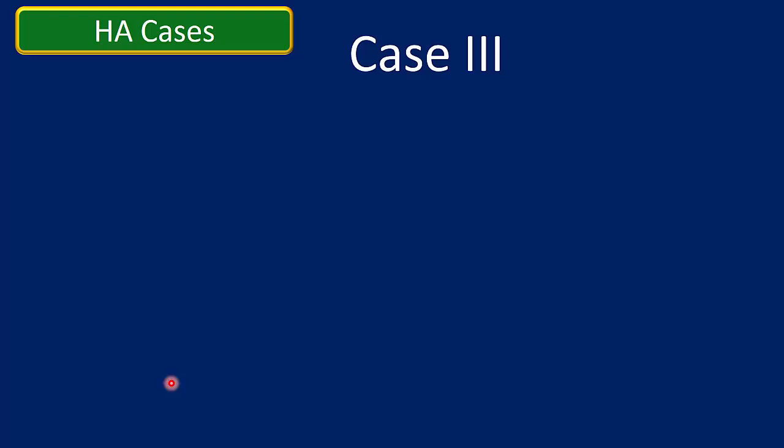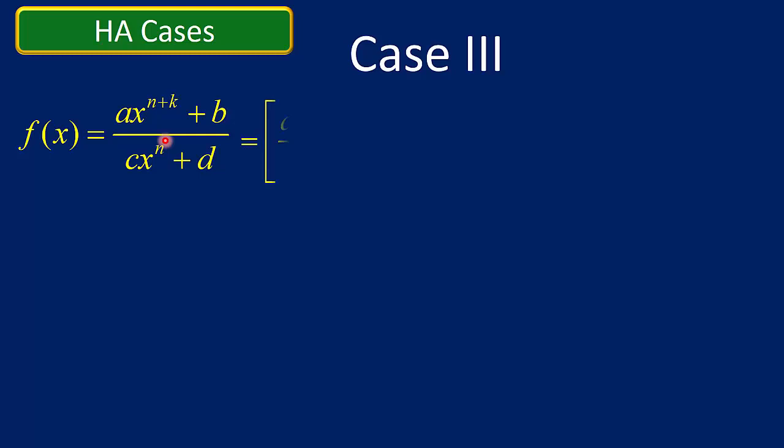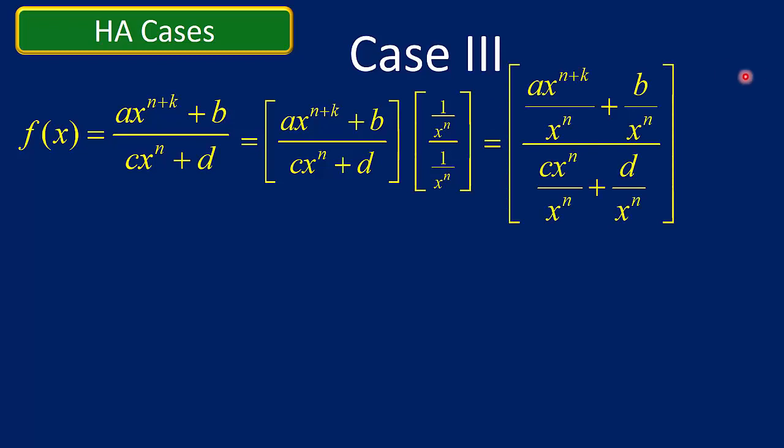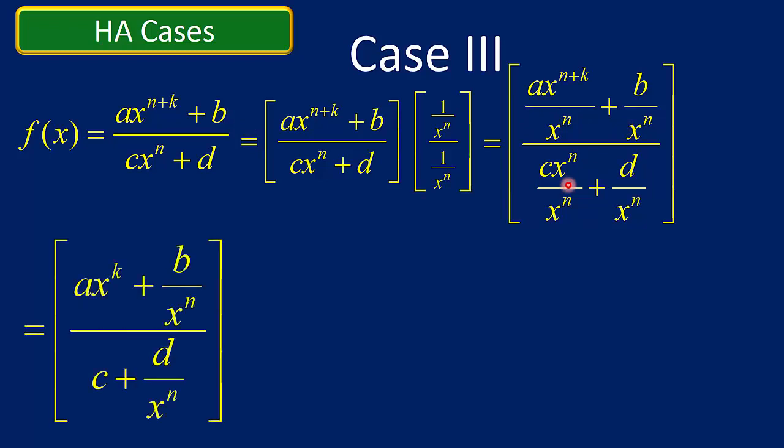Now, case 3. So let's look at this case 3, and it's the case where the degree on the top is bigger than that of the bottom. So if you look at this, let's do this trick. Let's multiply the top and the bottom by 1 over x to the n to kind of illustrate what happens as x goes to infinity. And if we do that, here's what we get. x to the n under the first term, the second term, same thing we've been doing. But notice what happens. These x to the n's cancel down here. And over here, you've got this term,